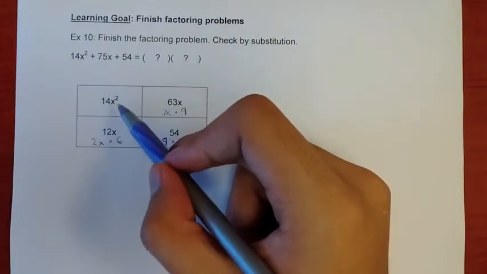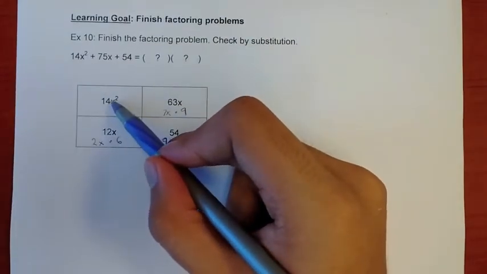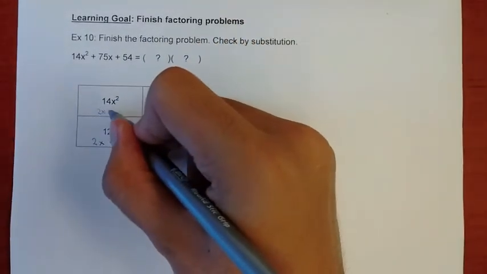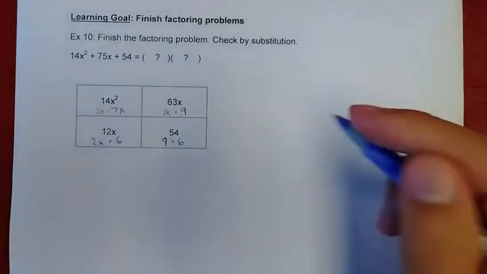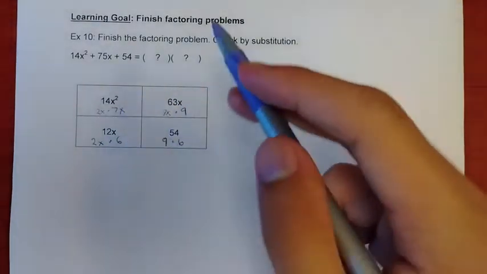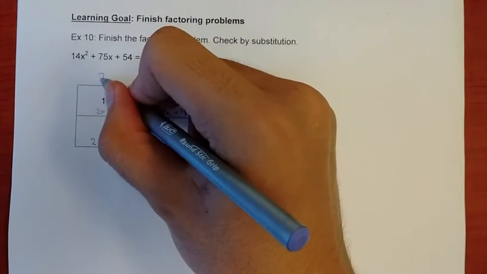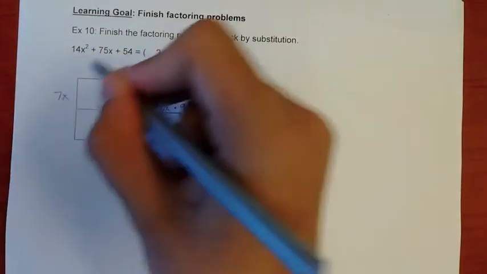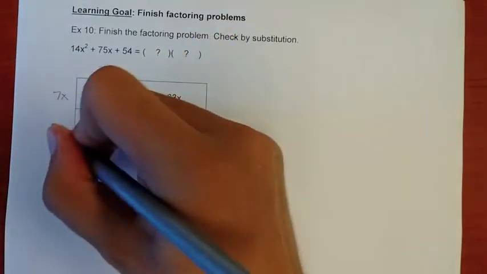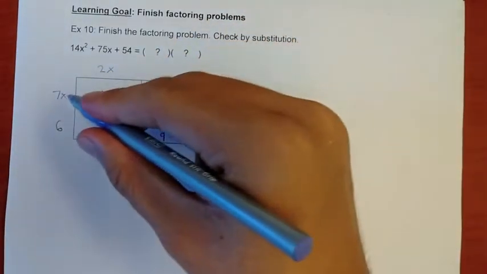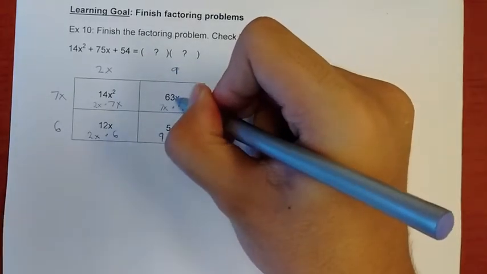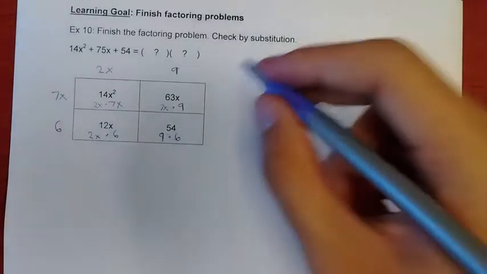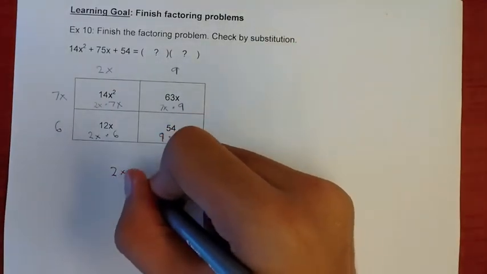And then for this 14x squared, we can either go up and down or left and right. It doesn't really matter. We will have 2x times 7x here. And you'll notice that we have each number here twice, and we can simply write it on top of the column, because 2x times 7x will give us 14x squared, 2x times 6 will give us 12x, 7x times 9 will give us 63x, and 9 times 6 will give us 54. And then our final answer is going to be 2x plus 9